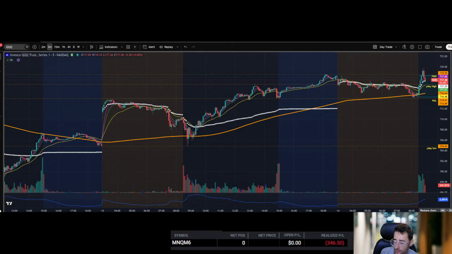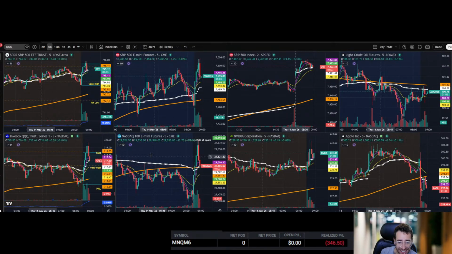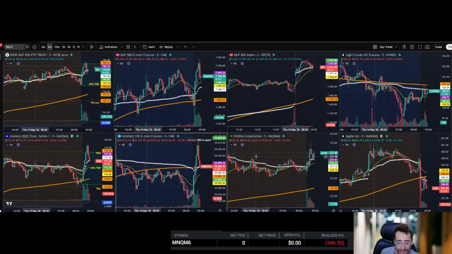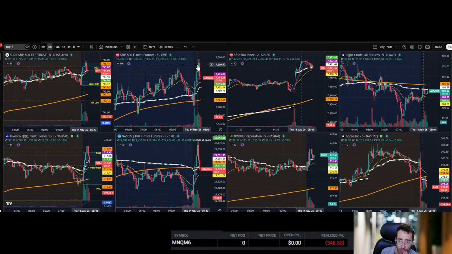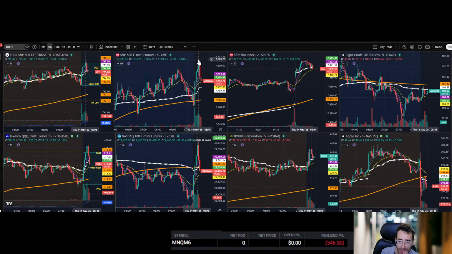I wish I could say that there was something that I liked. I mean, I wish I could say that, but that 7500 break and reversal did work. You know, sometimes you have your plan and you don't follow it. It's like, okay, then I should have followed the plan, right?